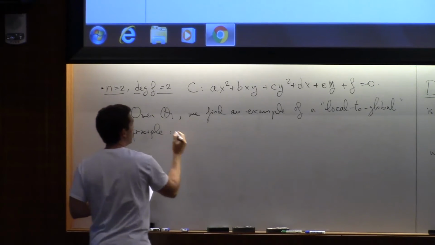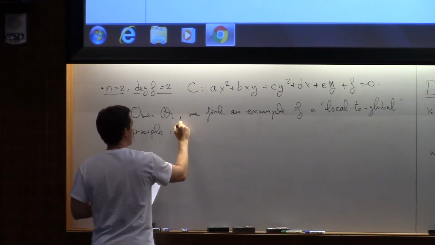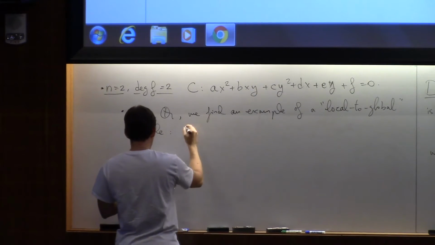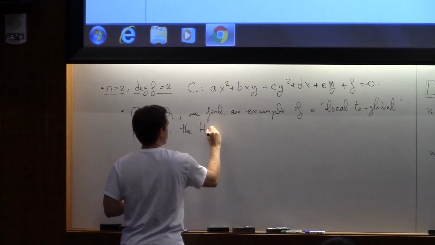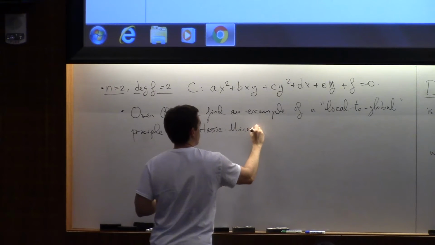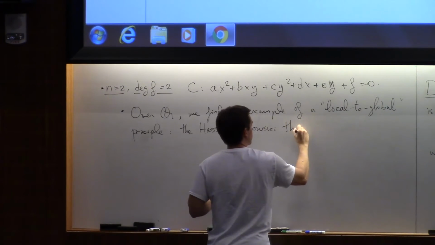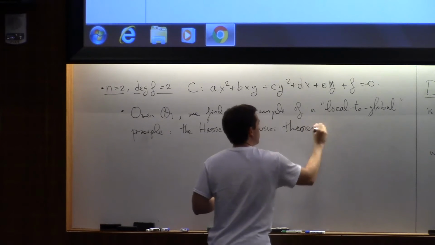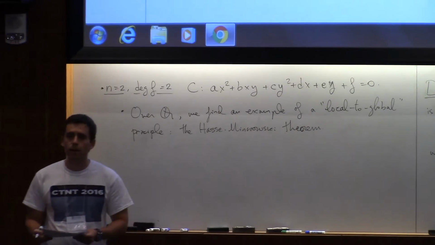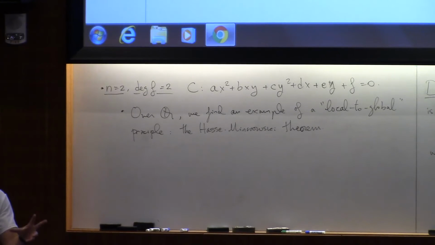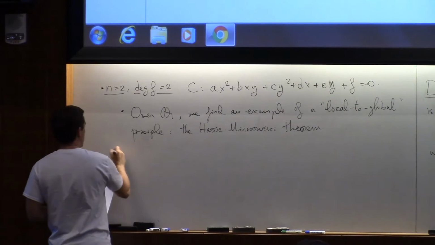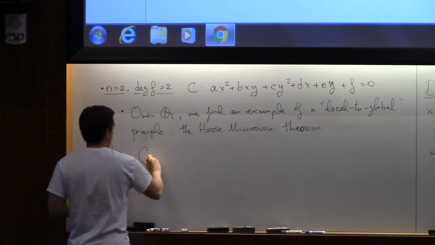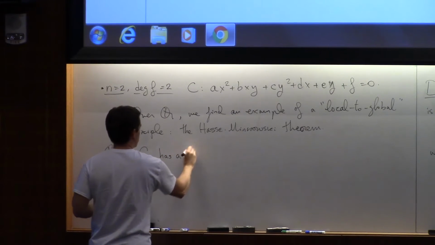Which is called the Hasse principle, or the theorem of Hasse-Minkowski. And what does it say? It says that if there are points locally, then there are points globally, and vice versa. What globally and locally means here is the following. So the theorem says that C has a rational point